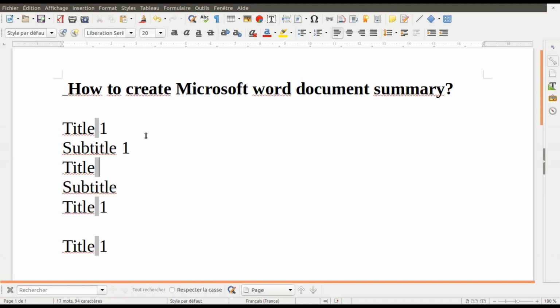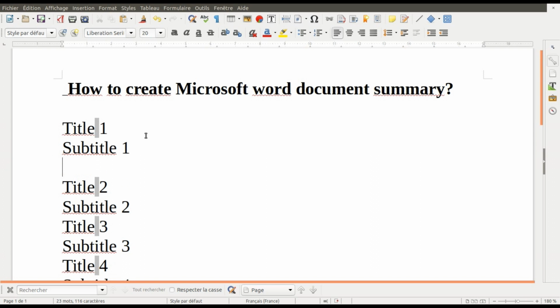under Microsoft Word software, or LibreOffice if you are working under a Linux system. The method is the same for the different editing tools. It's the same under Linux and it's the same under Windows. The only difference is the options of the software. For example, if you are under LibreOffice, you have some options and not others, and in Microsoft Word and Microsoft Office, there are some other options that you don't have in the